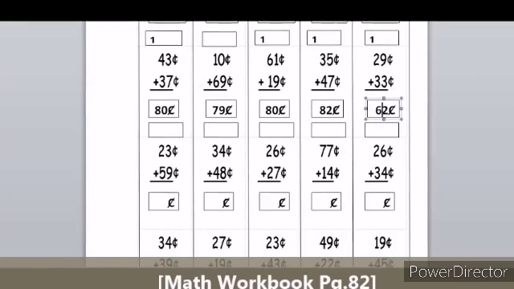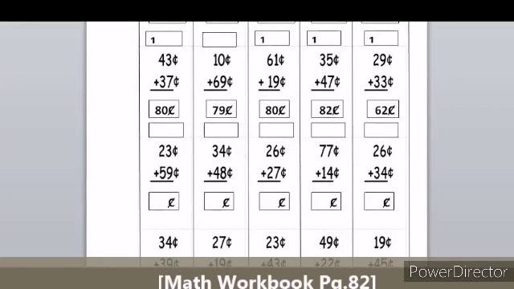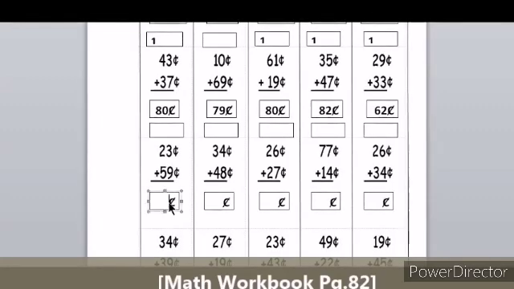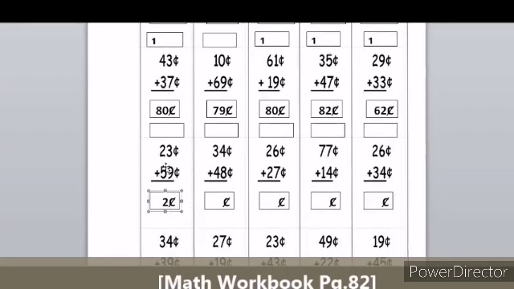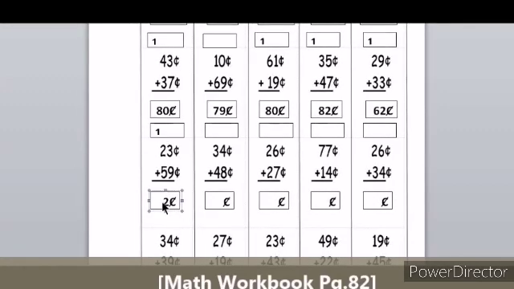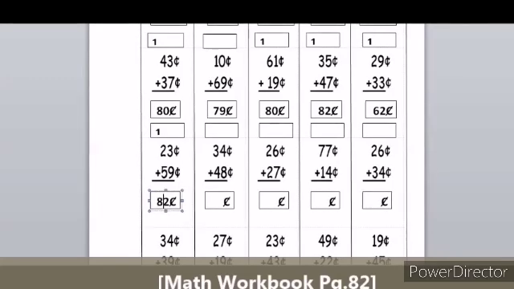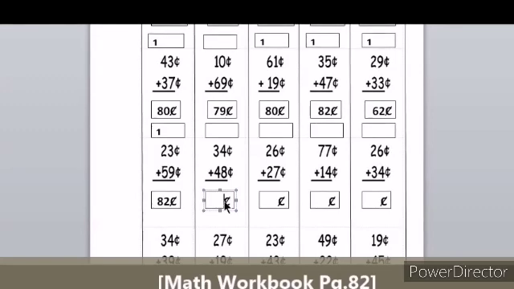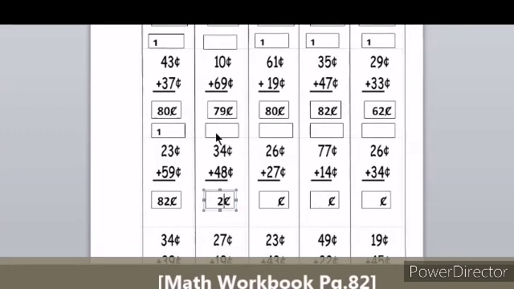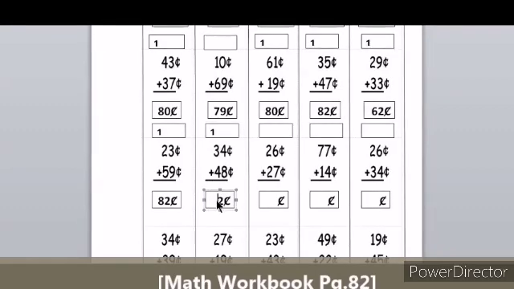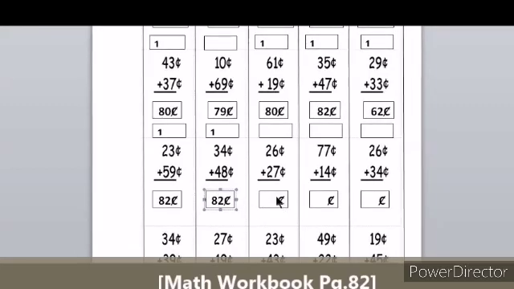See the third row, 3 plus 9. 9 in mind, 3 in fingers, 10, 11, 12. So units place 2 you will write down and 1, what is in tens place, you will carry over. You will write on top. Now add all the three numbers. 1 plus 2 is 3. 3 plus 5 is 8. So 82 cents. Similarly, 4 plus 8, 34 cents plus 48 cents. 4 plus 8 is 12. Then here 1 plus 3 plus 8. So that is 82 cents.